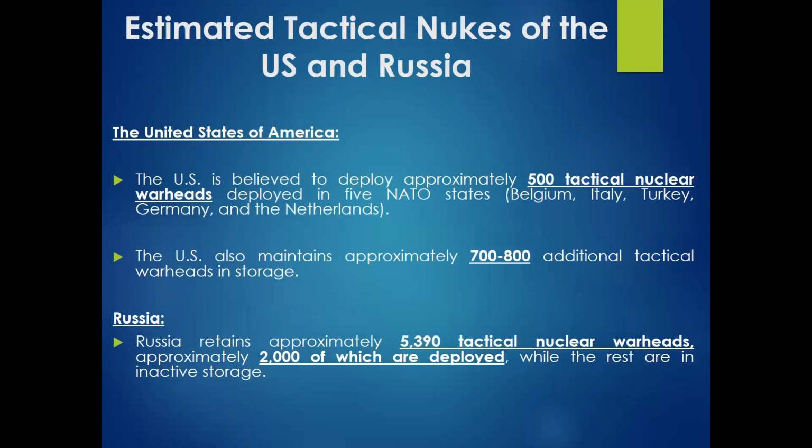Now let's understand why countries develop tactical nuclear weapons and what the background was. The background is simple: as we discussed earlier, the United States of America and Russia both developed huge megaton nuclear weapons. The United States developed Trinity, and Russia developed the Tsar Bomba, which was 100 megatons. So these nuclear weapons